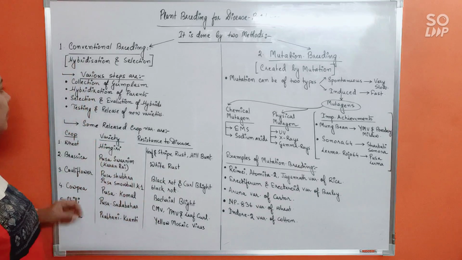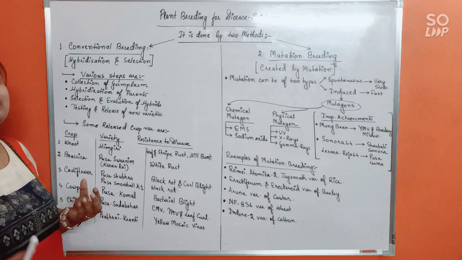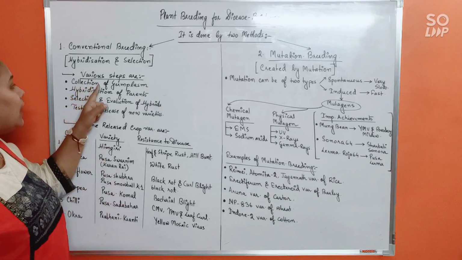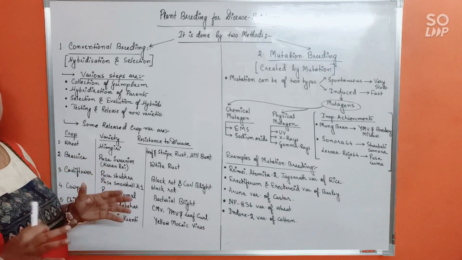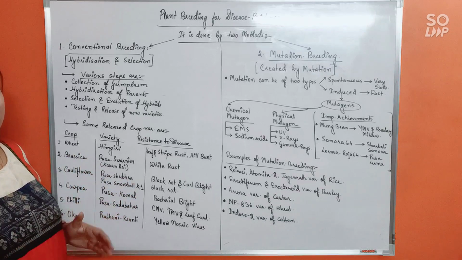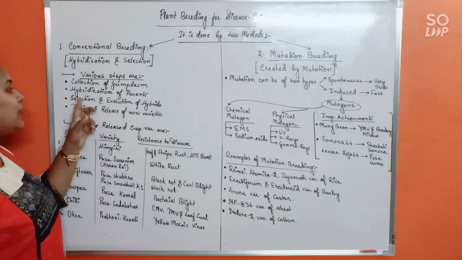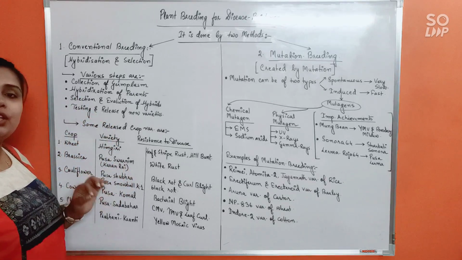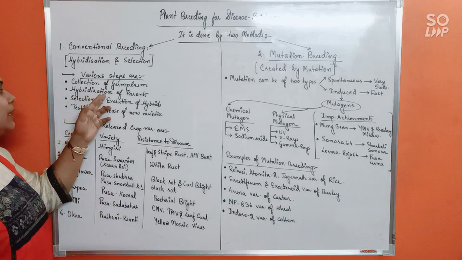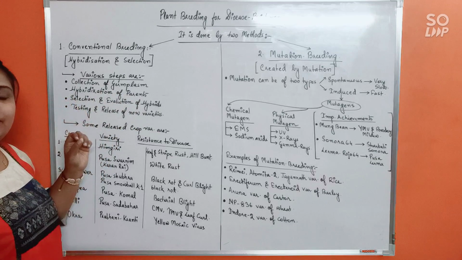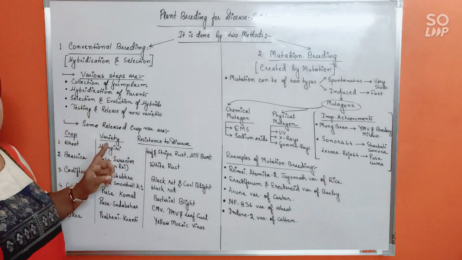If you remember, whenever we are trying to make a hybrid with desirable traits, we first need to collect the germplasm, that means all the seeds of all the different varieties of a crop that have been formed so far. Next, we need to select the parents according to the kind of crop we are trying to make, and then hybridize the plants, by emasculation and bagging.